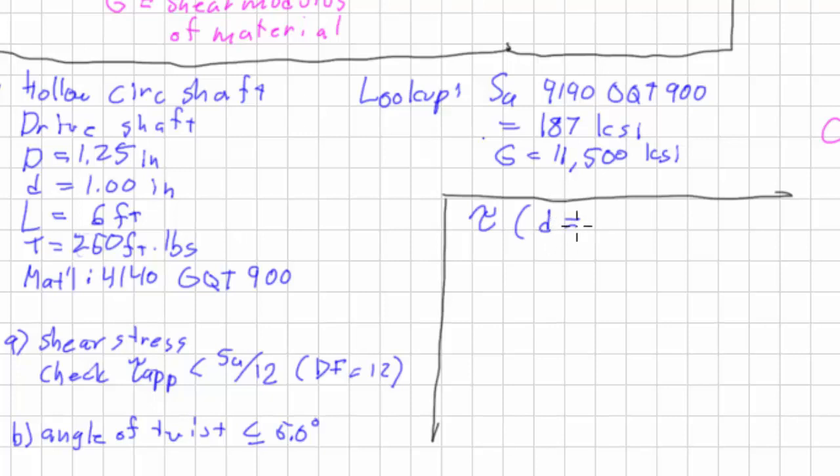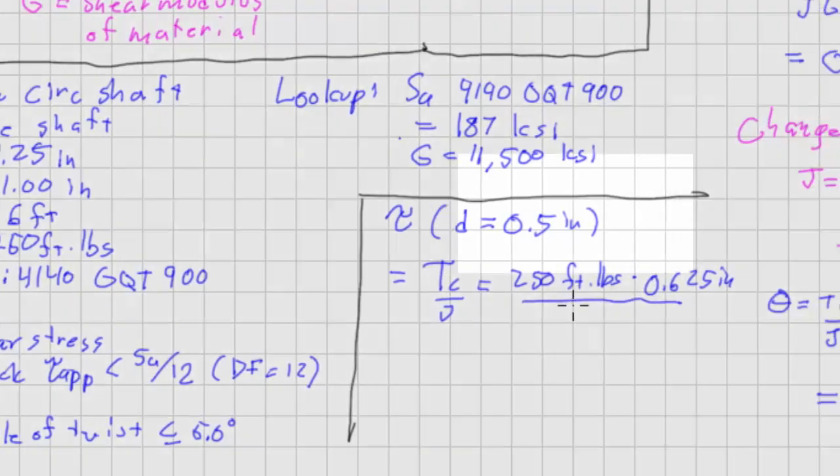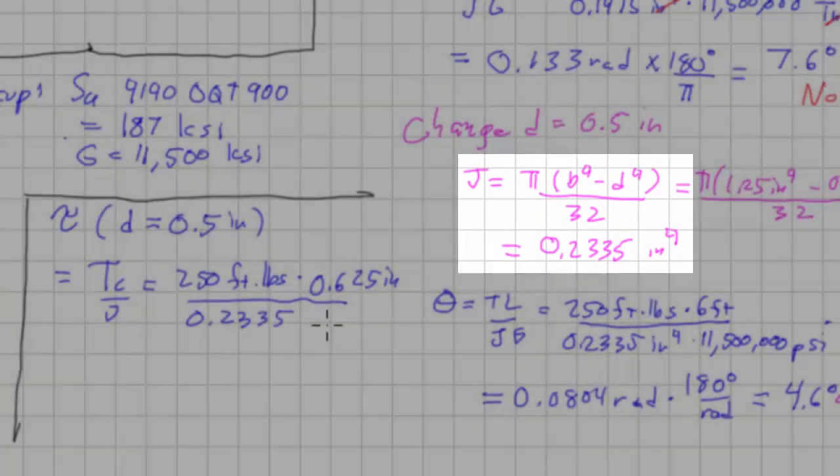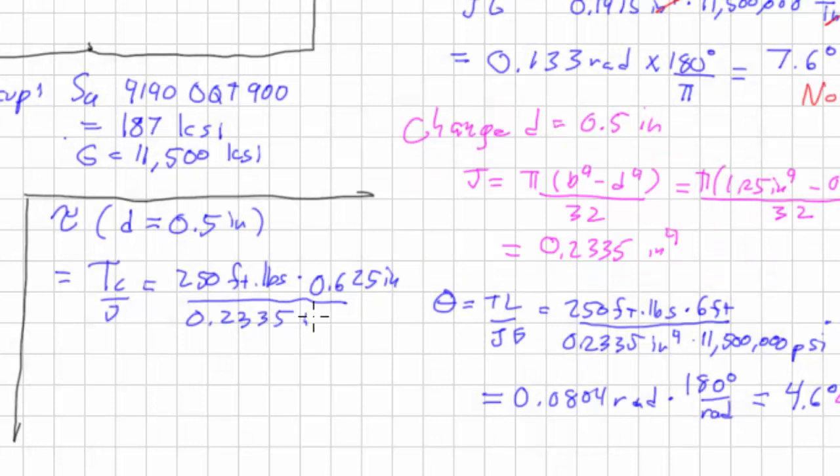So for our shear stress with d equals 1/2 inch, tau equals TC over J, 250 foot-pounds times, C hasn't changed because that's to the outer, so 0.625 inches, all over 0.2335 inches to the 4th